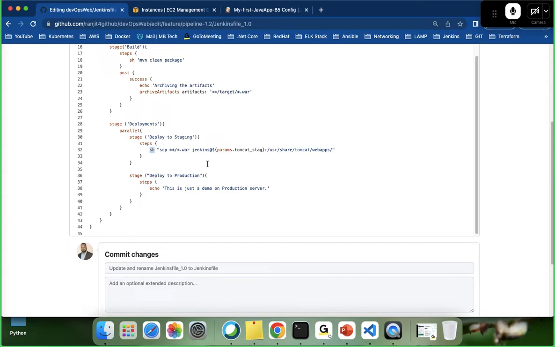So here what I have done, I have simply used scp to transfer the war file, star slash star.war. What it will do is go behind one script and get the .war file there. And where will the war file be present, guys? If you saw our last class,